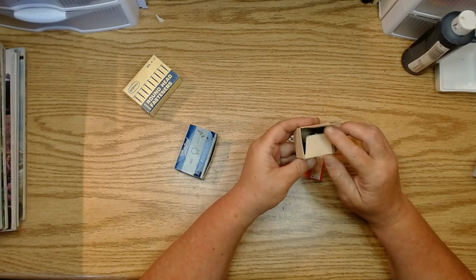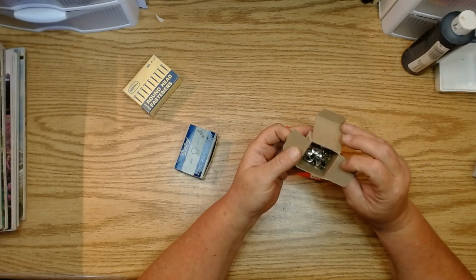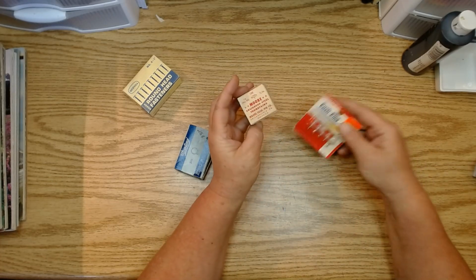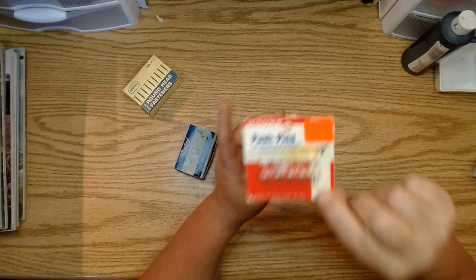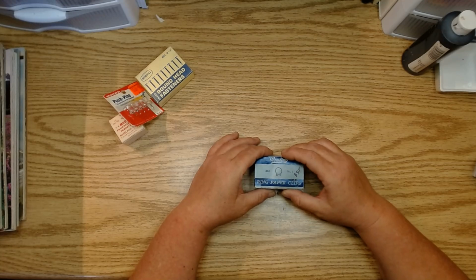So she probably found them at an estate sale or something like that, and then just put them on eBay. I mean, that's what you do. There were some thumbtacks and some old push pins, selling for 19 cents. I'll probably just put those in a drawer. But this is why